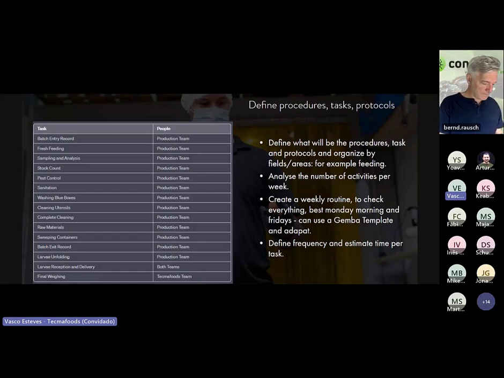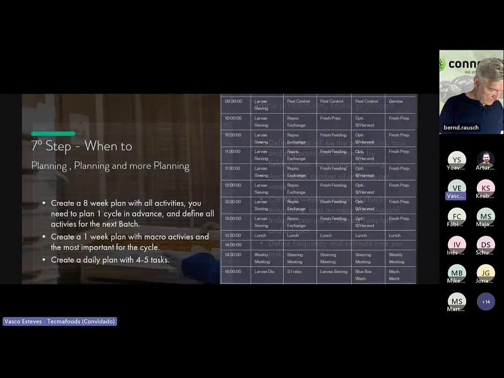But if it's not, you need to have at least some tools like a Jumbo Walk, stock control, define all the tasks' frequency and stick to it. Don't change all the time. It's really hard. We have here some tasks that we do in our farms, and we know how to do it, how many times per week, and we cannot be focused on changing everything all the time.